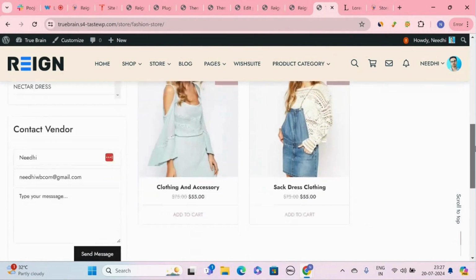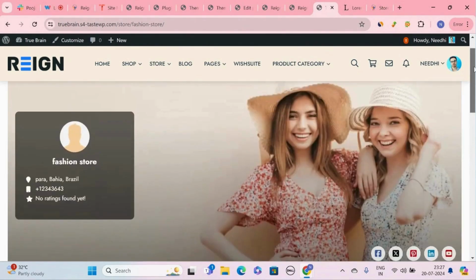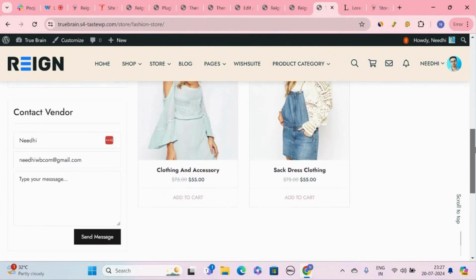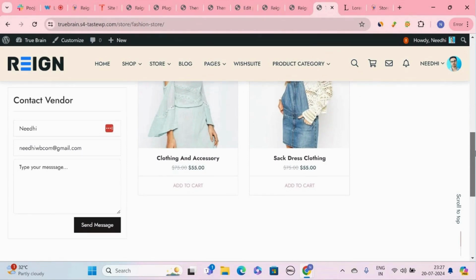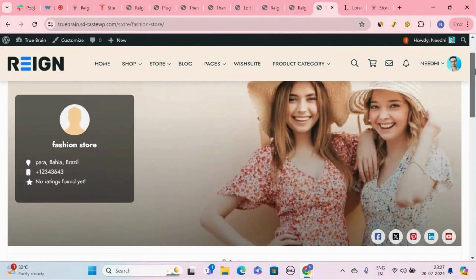This plugin allows you to change the name, logo, etc. for the vendor. I'll show you that as well.